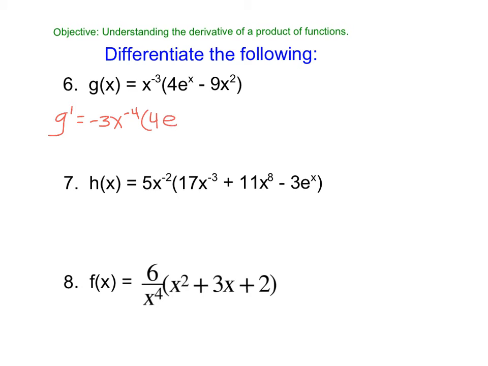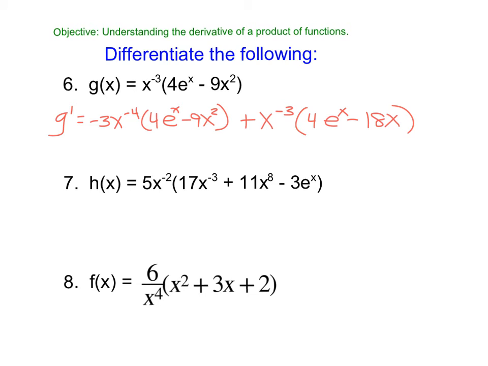Leave the second function alone. Again, unless you wanted to distribute, you can. Plus, leave it alone. Derivative of the inside. Oops. Derivative of 9x squared is 18x. And that's it. Again, I wouldn't distribute this because if you did distribute, you